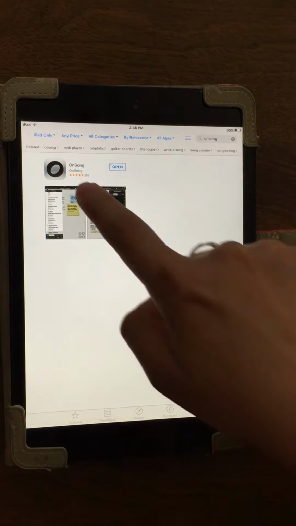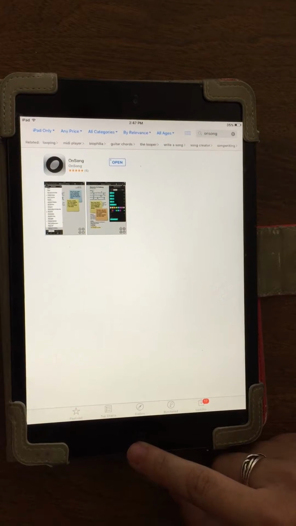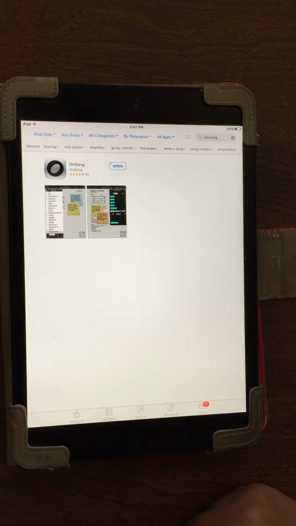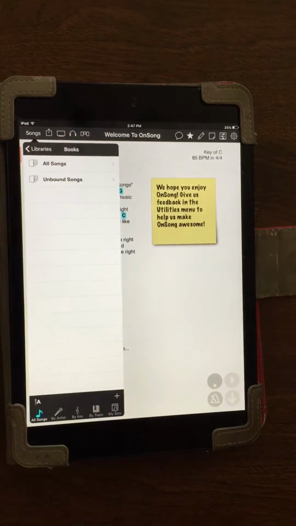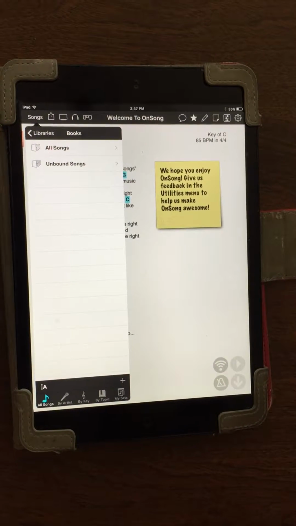And this app will look like this. It's a gray square with a black letter O inside the square. So you'll download that app. Once you've downloaded the app, you can click on it, and there are two main ways that you can add